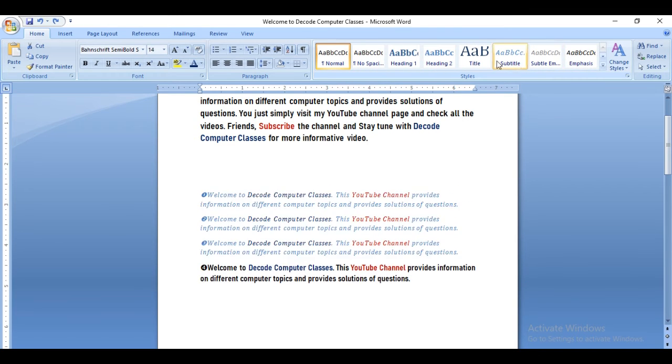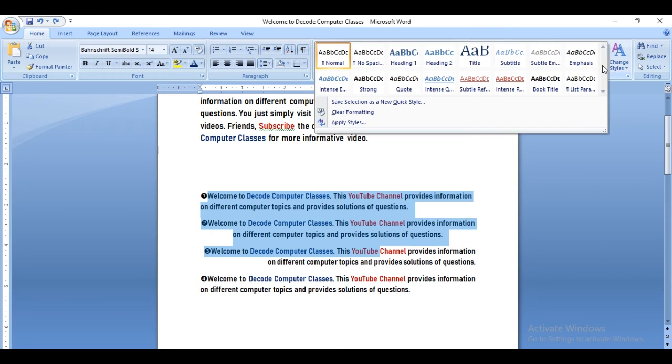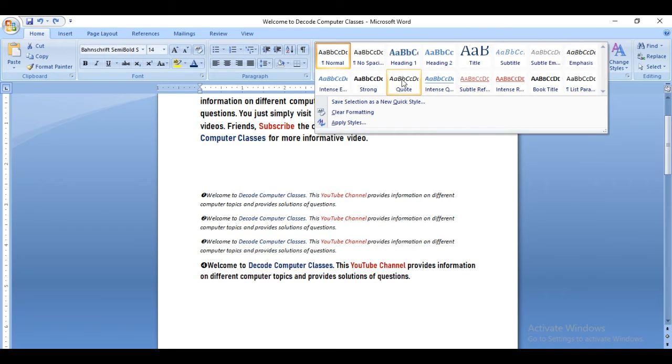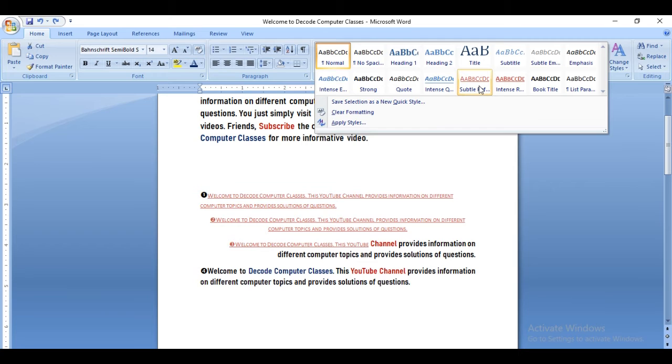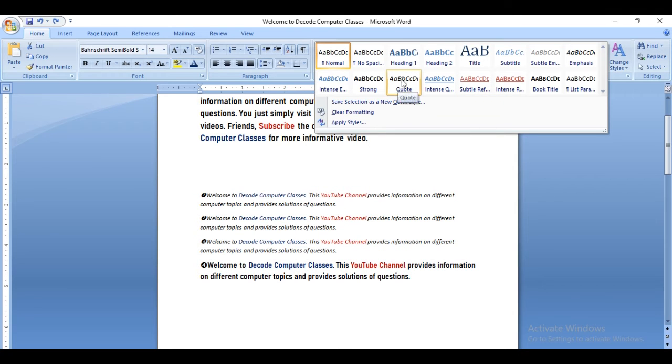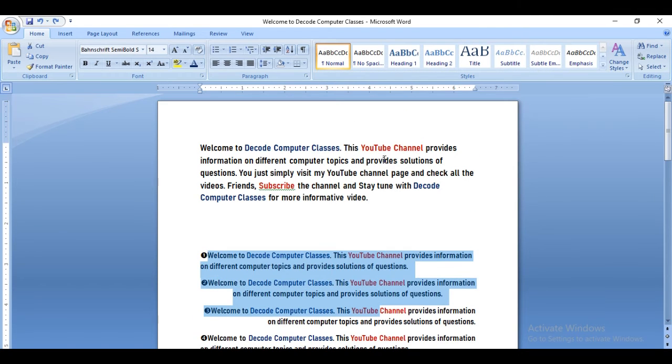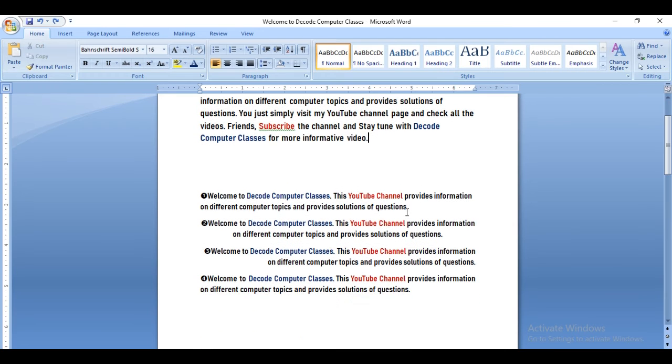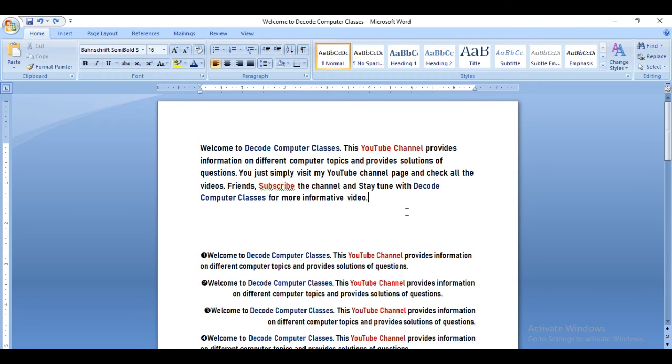So you can see different types of styles, some fancy, some formal, some quotes style, some strong. So this way you can apply a different style. That's very simple. You must be using it this way, but it is there, so I am just telling you. You can always use this in your document to make it more presentable.